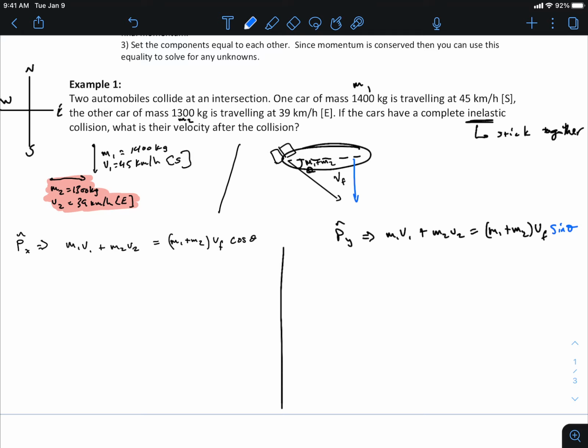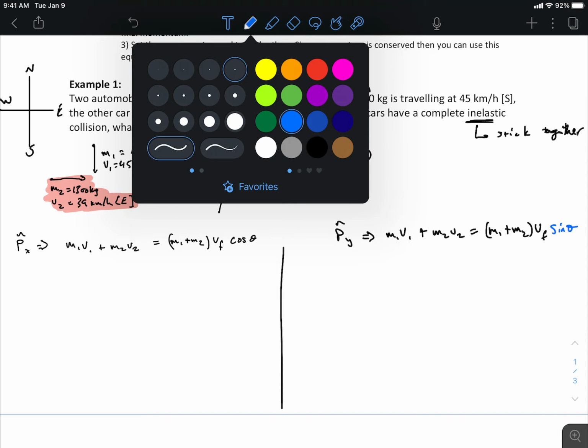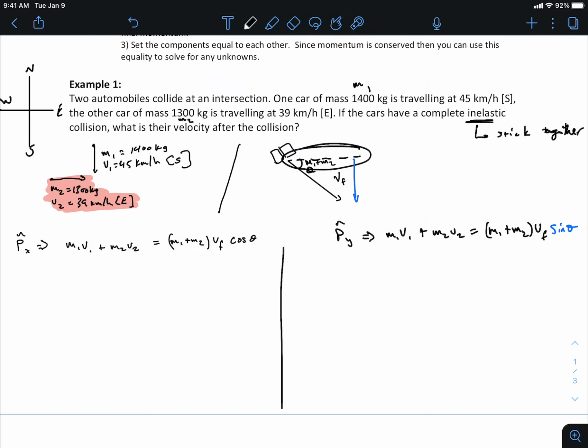So let's just go back to our x for a second. We know everything in the x direction in terms of where the momentum is coming from initially comes from mass 2, right? Because it's the one traveling in the east-west plane, right? In the x direction, right? So we know that m1 is not contributing anything to the x momentum, and so we're going to cross it out. It doesn't have any velocity in the x direction, right? So here's what we got for the